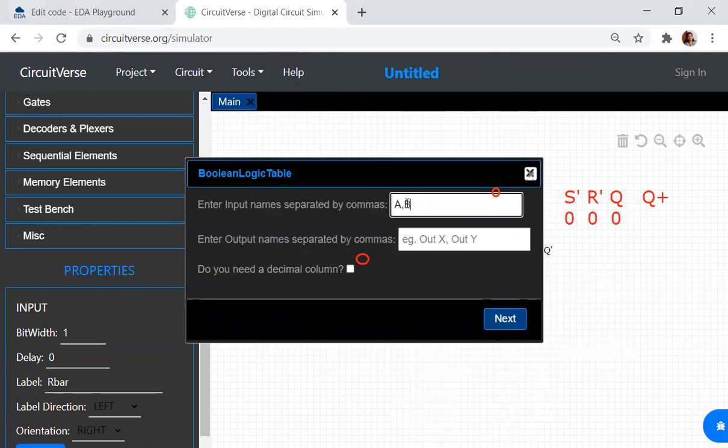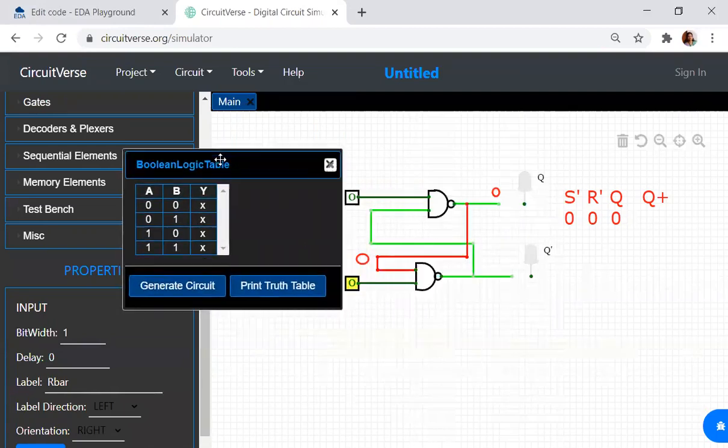NAND gates will have 2 inputs, A and B, and output is Y. So I have written, now NAND gate, 0 and 0 is 0. So NAND of it will be 1. 0 and 1 is 0. So the NAND of it is 1. 1